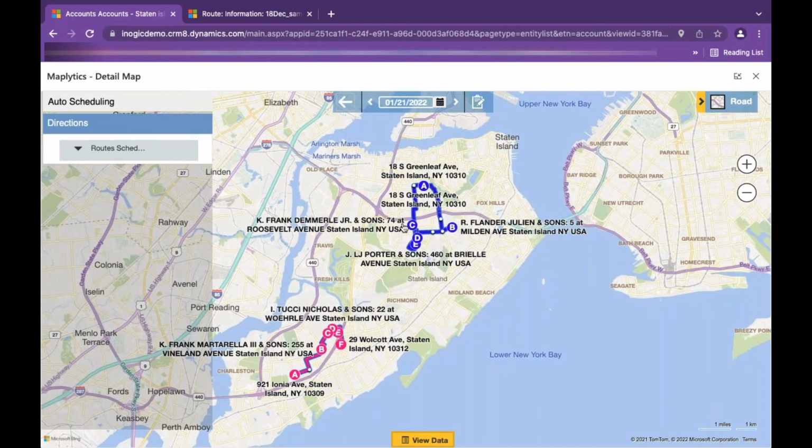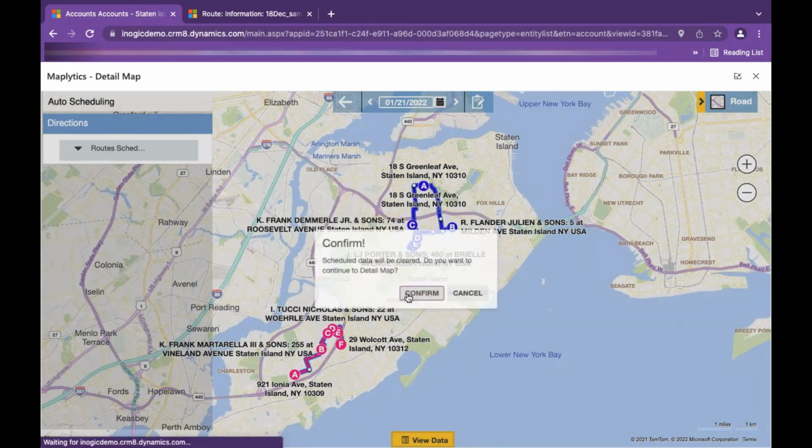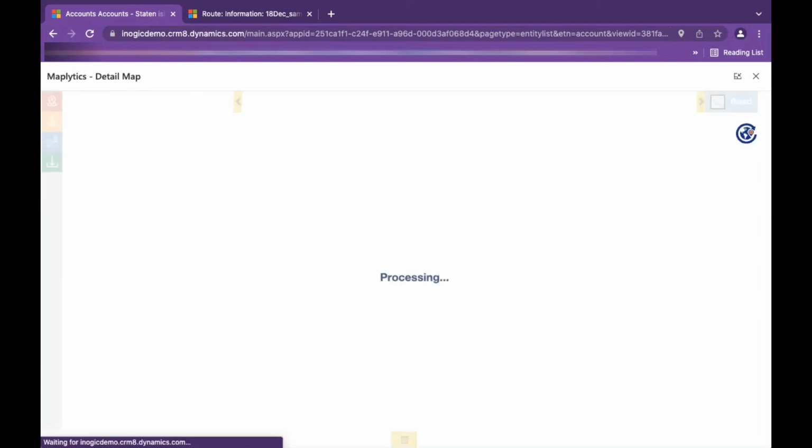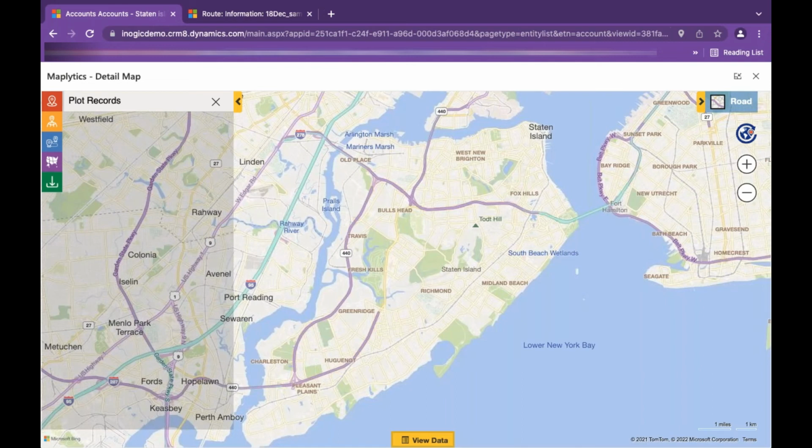within the activities. So the salesperson, after the sales manager has created the schedule for the sales team, can just go to the activities or the route entity to see all of the appointments and the routes that the sales manager has assigned to them, and they can just plot that onto the map, and they can further navigate themselves using turn by turn directions. Right. So this is how the sales manager would be using the auto scheduling feature to create a schedule automatically